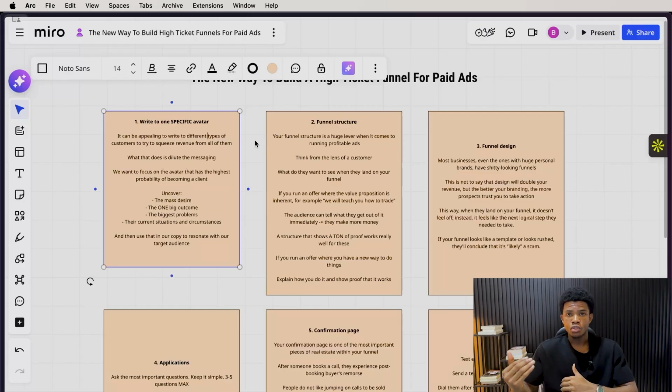And if you just so happen to run an offer where the inherent value is there, people understand the outcome without needing to think about it. For example, something like trading, people know, okay, if I trade, I'm going to make money. Then those types of funnels like Proof work really well. But if you still have a unique name for how you achieve results, then you want to break that down for your clients or your potential prospects, as we would call them. And that's how you really want to think about your funnel structure.